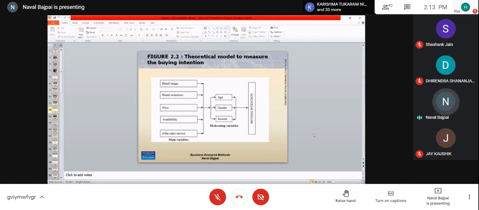So obviously, on the basis of your buying intention model, which may be your PhD topic or your MTech MBA topic, you are going to conclude that buying intention in Gujarat seems to be better than buying intention in Madhya Pradesh. Am I right or not? Yes, sir. This is clear. 76 in Gujarat and 56 in Madhya Pradesh is a clear indication that 76 is higher than 56. So buying intention seems to be higher for Gujarat.